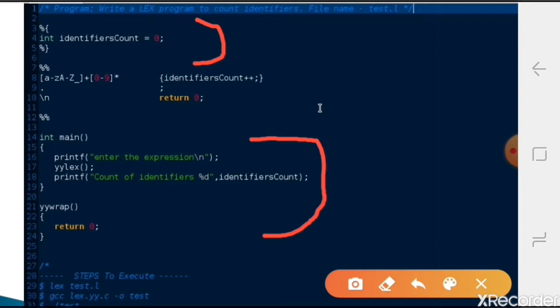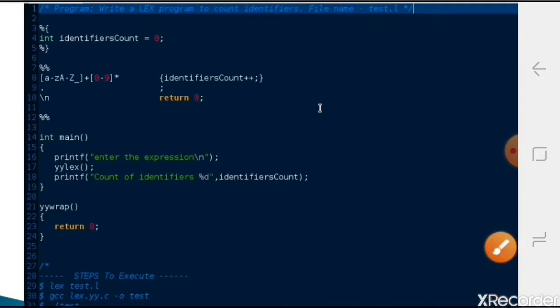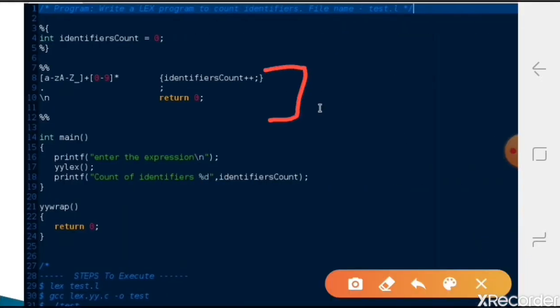Then our main part is the rule section. Here we identify the identifiers, so whatever regular expression is needed, we write it. In C, identifiers should always start with an underscore or a letter, followed by underscores, letters or digits.